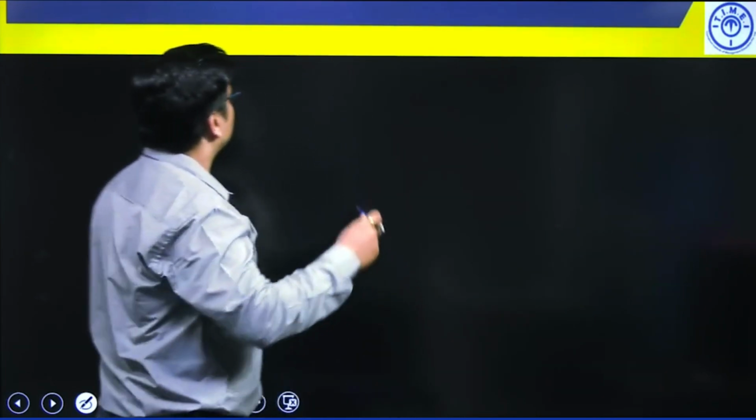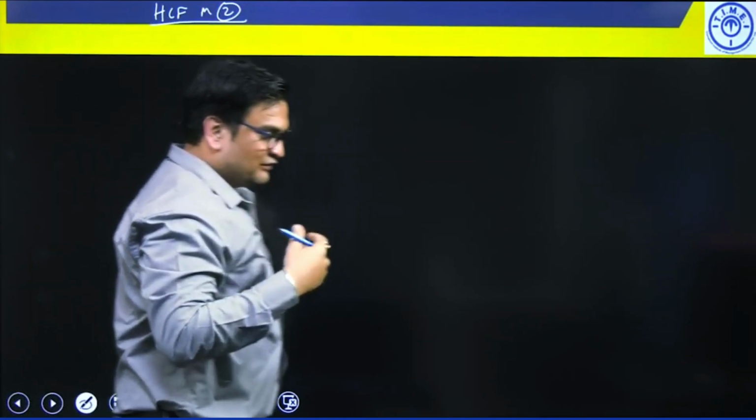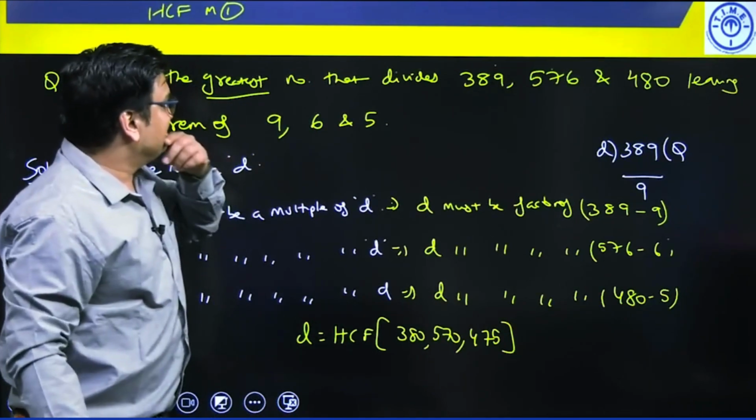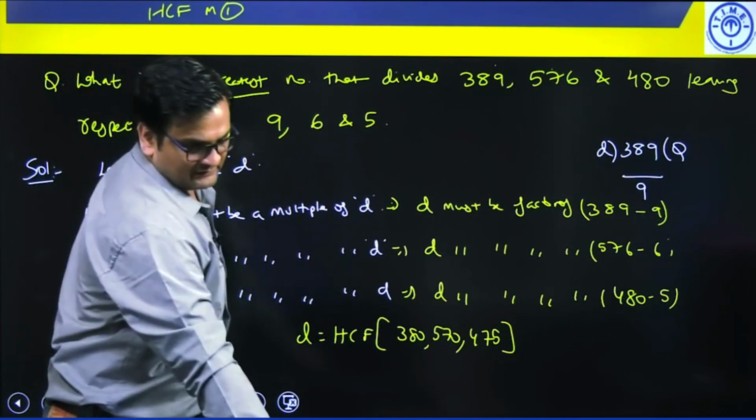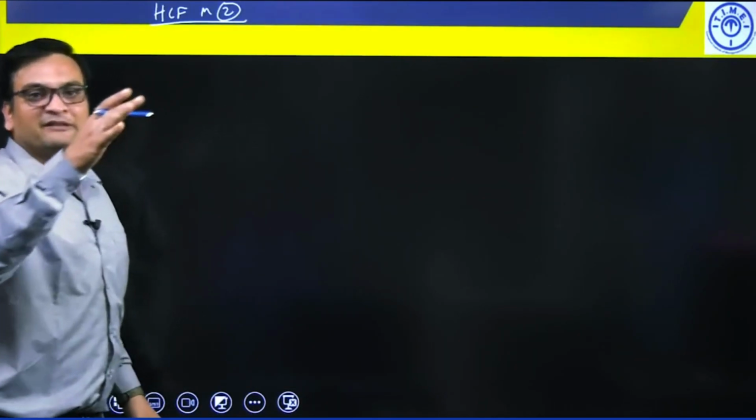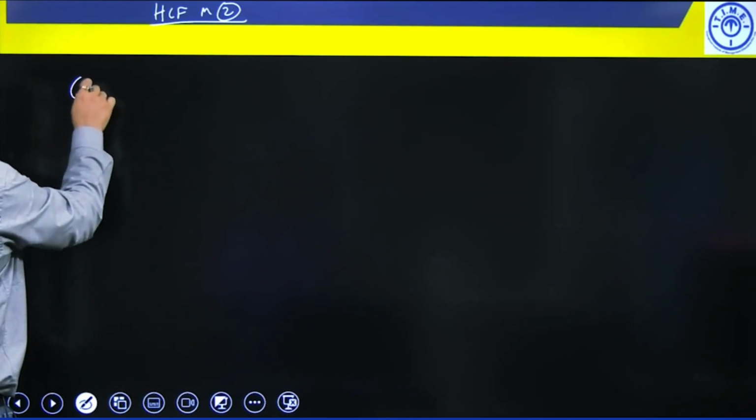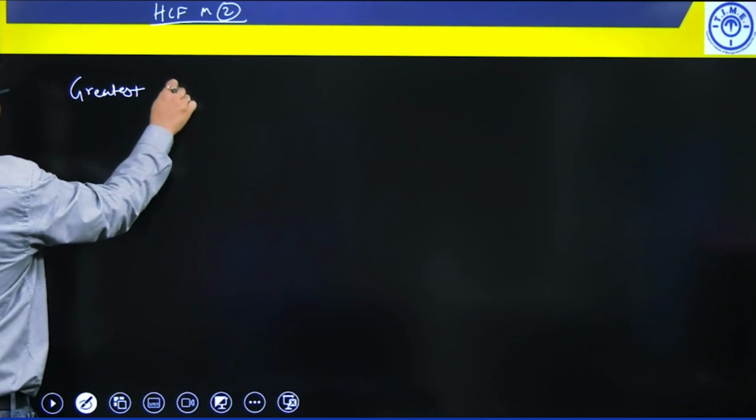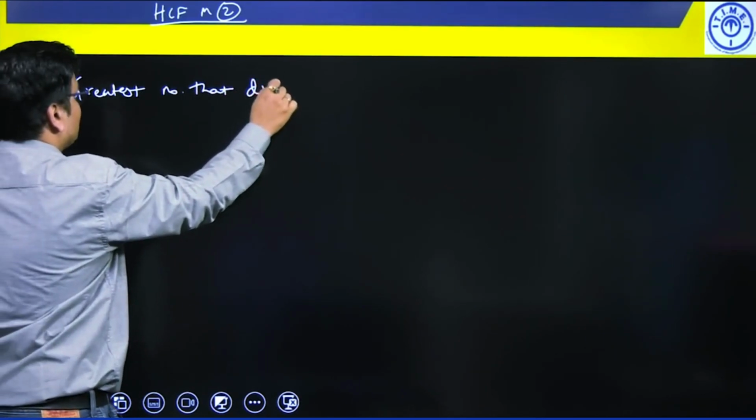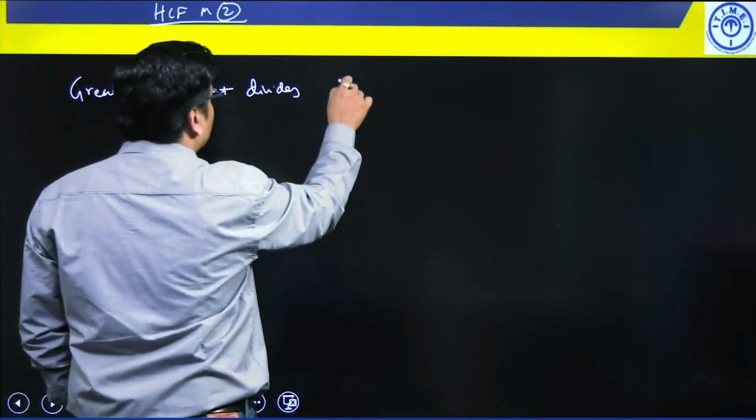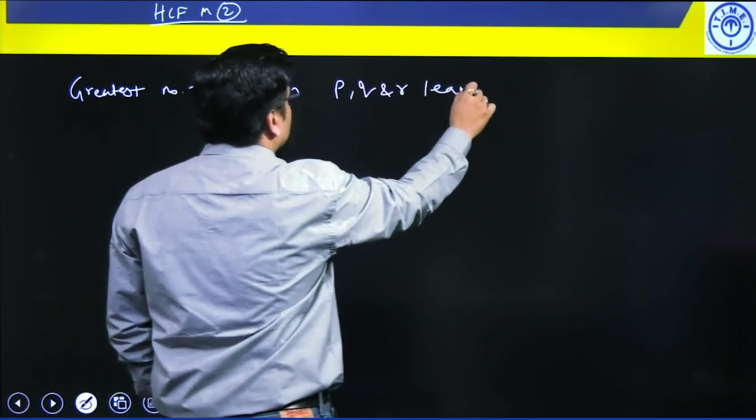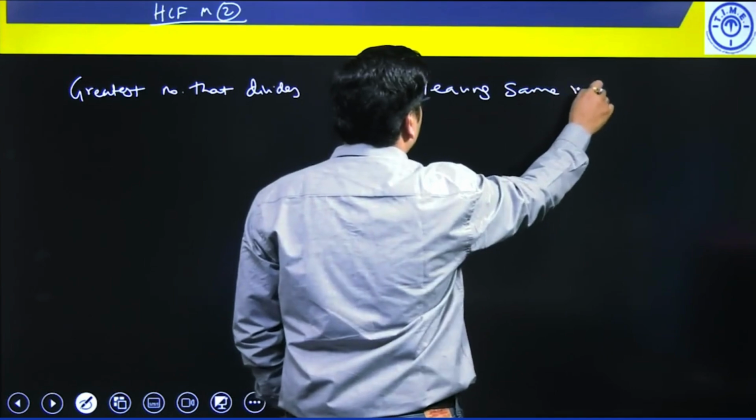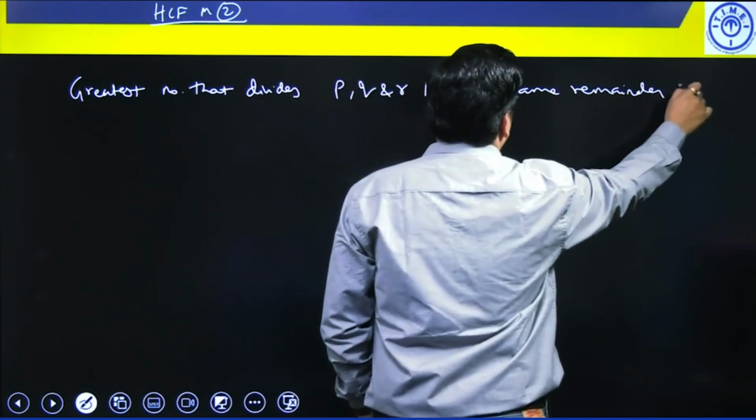Now, similar to this, let's take up quickly HCF model 2. Now, without actually explaining it by the basic process, let me straight away share the identifier and the formula. How do we identify it's a model 2? Model 1 identifier was remainders are different. Model 2 identifier is remainders will be equal. So the statement goes like this: the greatest number that divides P, Q and R, leaving the same remainder in each case,